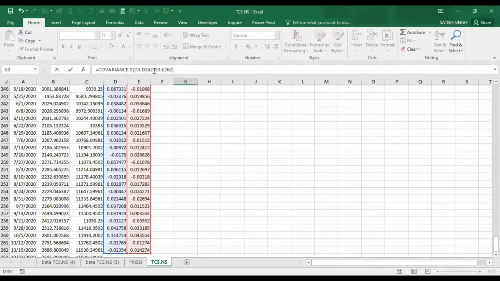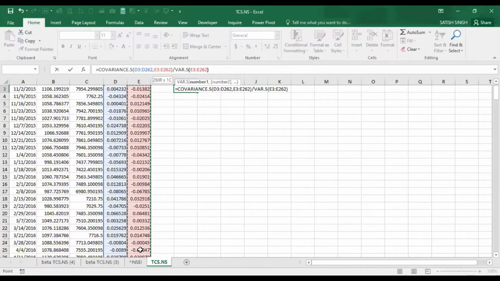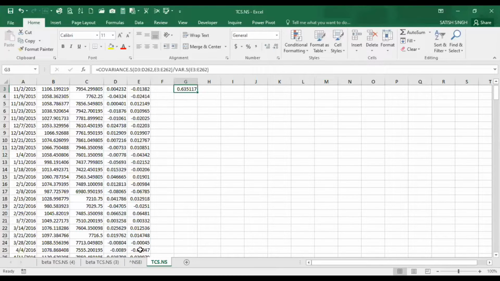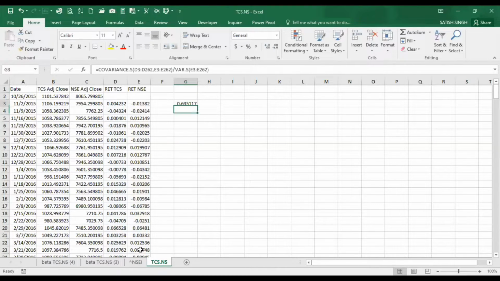Close. Here it should be comma, and then divide by variance. So variance is to be taken, and the number is this number. Close, enter. So this is the beta. This is the first method to calculate the beta.